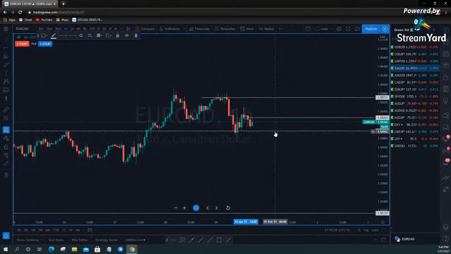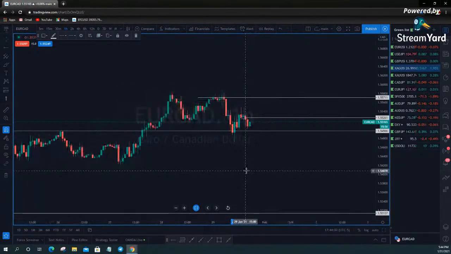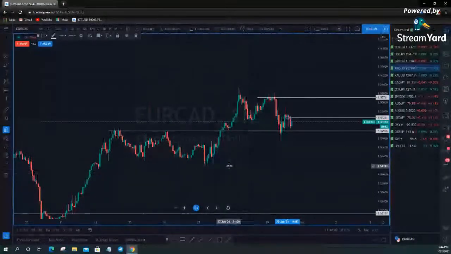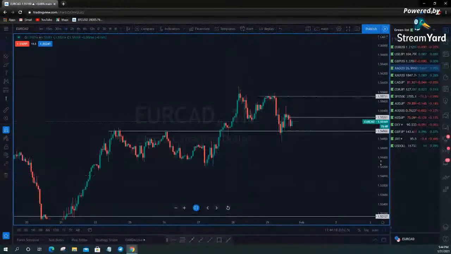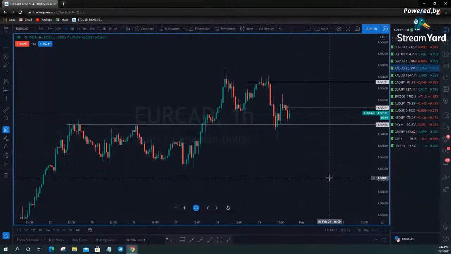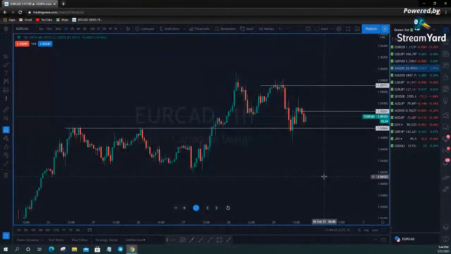I very rarely ever trade Sunday, guys. I basically wait until the New York session open Monday morning before I start to look to take trades. There are trades to take in the Asian session. Obviously, price does move hard in the Asian session. A lot of times the Asian session likes to trade in one direction, and then London opens up and makes the market high or low and reverses. So that's why I don't like trading the Asian session. But if you get good at it, you can absolutely nail some scalps.